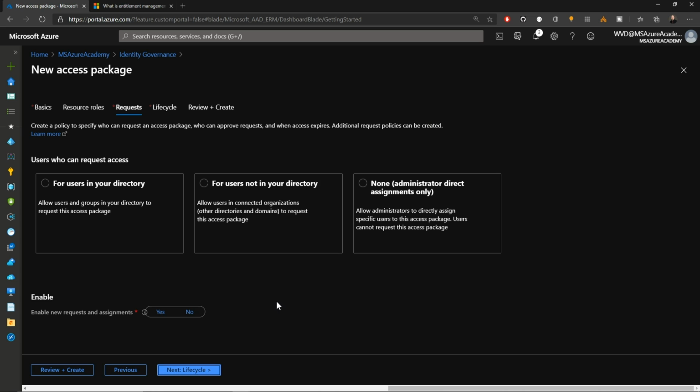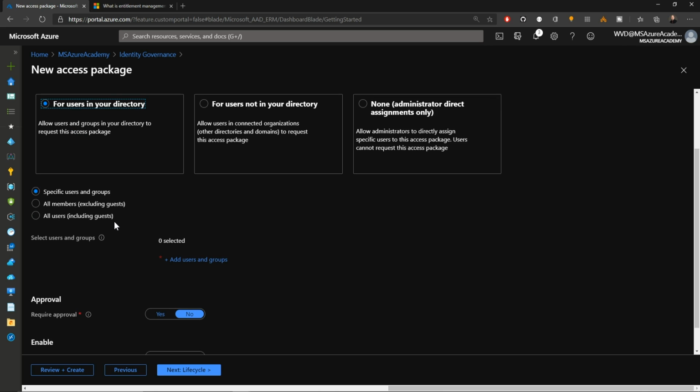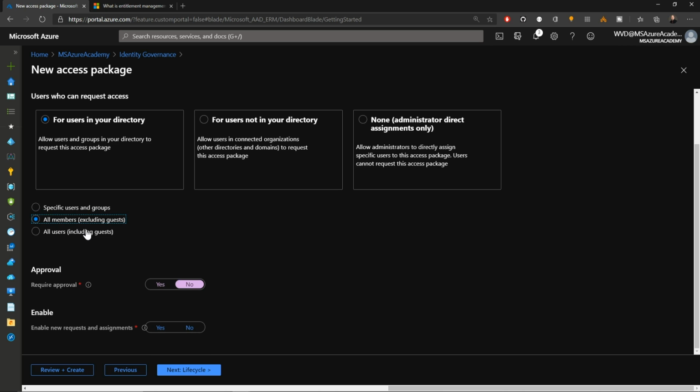And this is where we can determine if our access package is for those inside or outside our directory. Think about B2C type models, or where you have guests coming into your environment, maybe short-term contractors, that kind of thing. Or you can just skip all of that and do direct assignment. So for this one, I'll just pick users inside my directory. Then we get further options where we can specify users or groups. So I'll select all members excluding my guests,